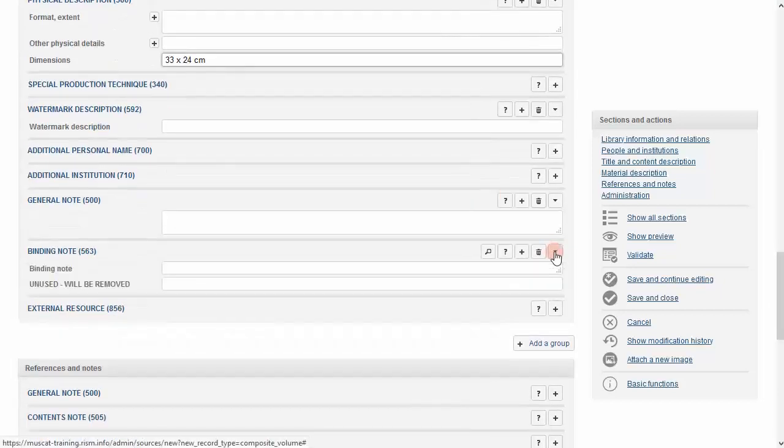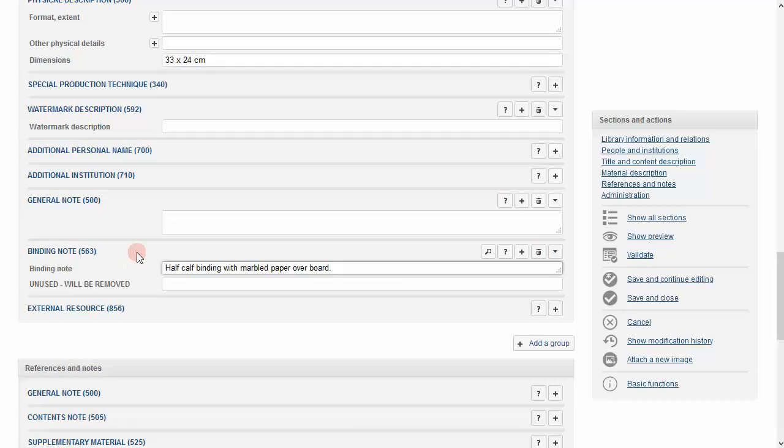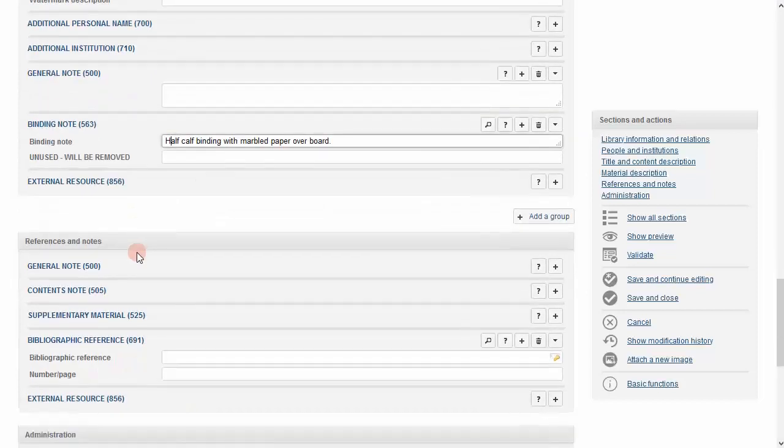You can describe the physical binding in a binding note. Add a general note to explain anything else you wish.